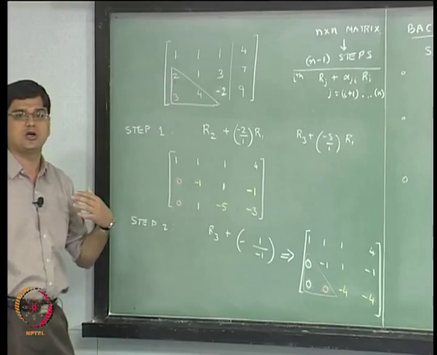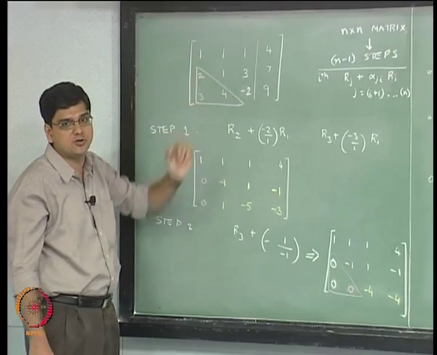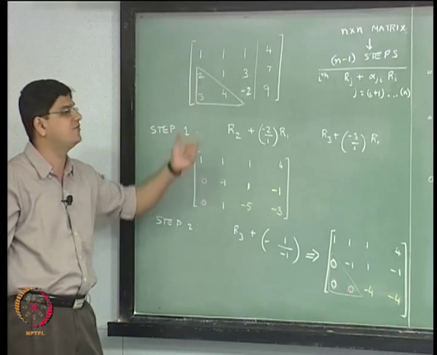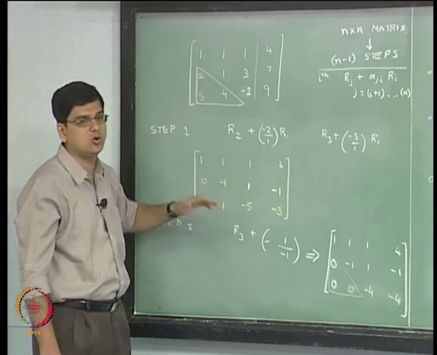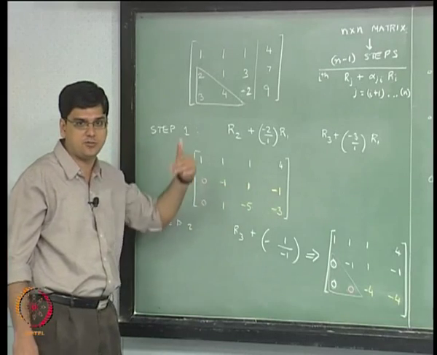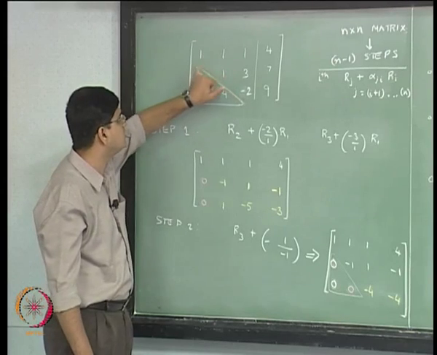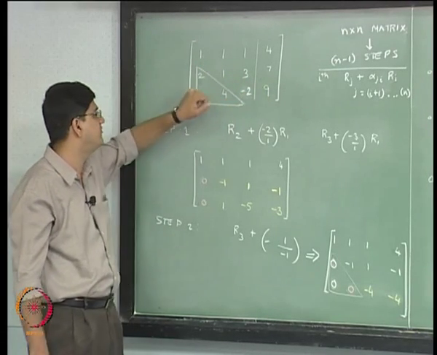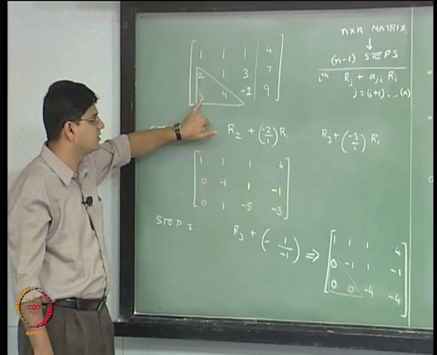But when it comes to a computer, we do not know a priori that this particular number is going to be equal to 1. So rather than having an if statement to check whether this number is 1 or not, it is always more convenient to just go ahead and do this division step in a process that keeps repeating at each and every row. So in a computer implementation, we will indeed divide this particular row by A11, then use row 1 to make zeros over here.